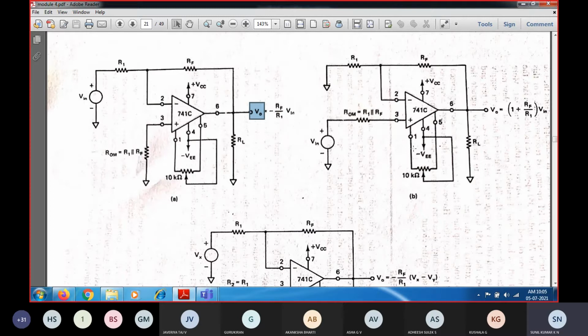In the same way, offset nulling circuitry has been provided for the non-inverting amplifier configuration as well. In this case, the input voltage will be applied to the non-inverting terminal of the operational amplifier. We know that there are basically 5 useful terminals: 2 input terminals, 2 power supply terminals, and 1 output voltage terminal. When I provide the input voltage to the non-inverting terminal, which is indicated as plus, that plus indicates non-inverting, and minus indicates inverting. When you write the IA also, many of you have not written these terminals as well. Okay, so I am just telling you.